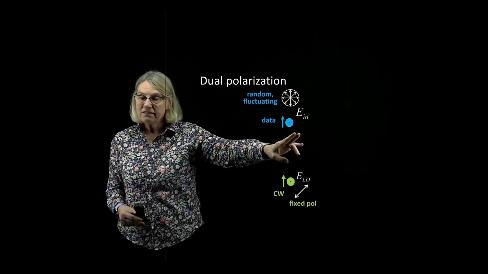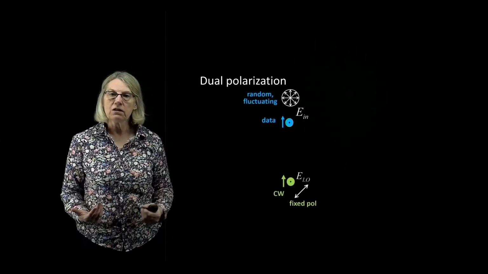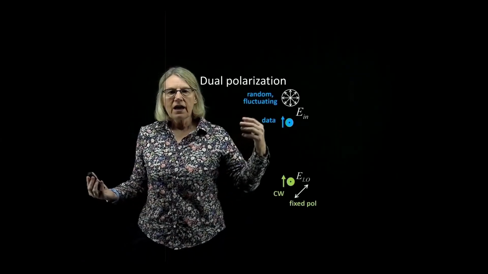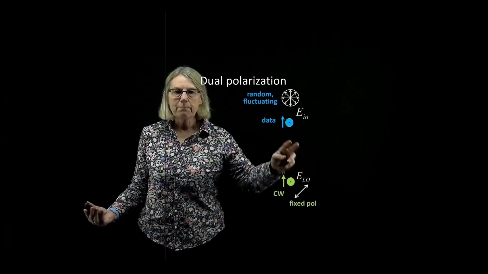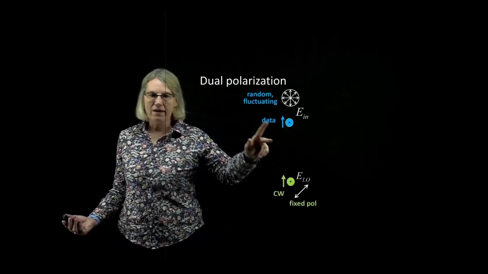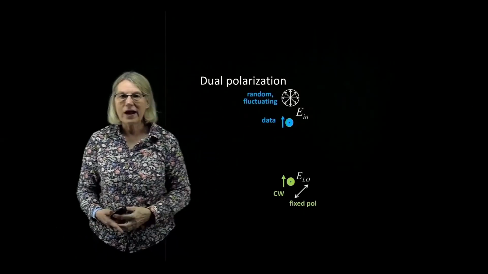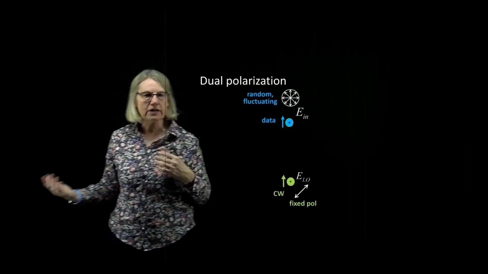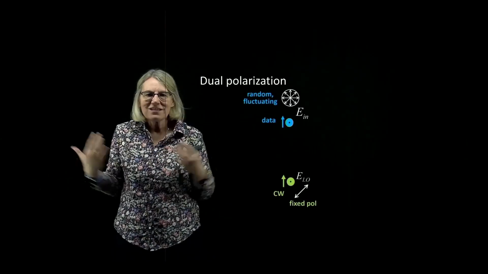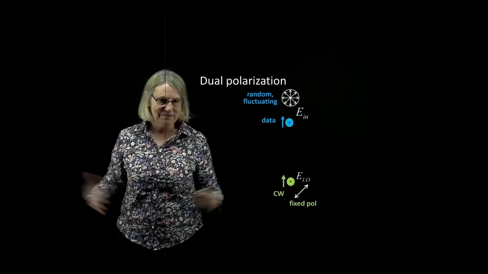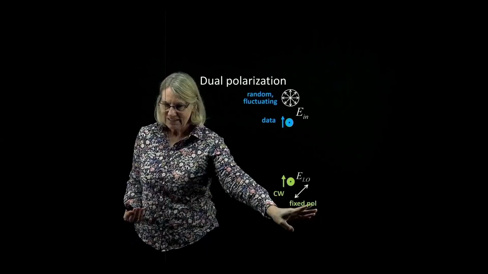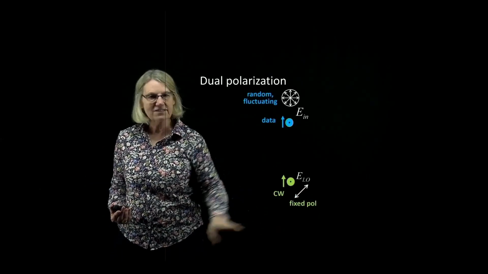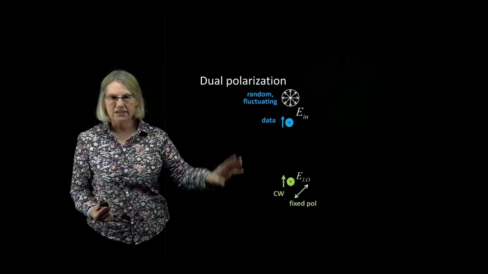On the other hand, the signal coming off of my input fiber has data on it, and it has data on both polarizations, X and Y, and this polarization state is random and fluctuating. It's been rotated inside of the fiber, and so it's not static. And the local oscillator, completely different, completely static. It's just local. Nothing's happening with it. It's right inside